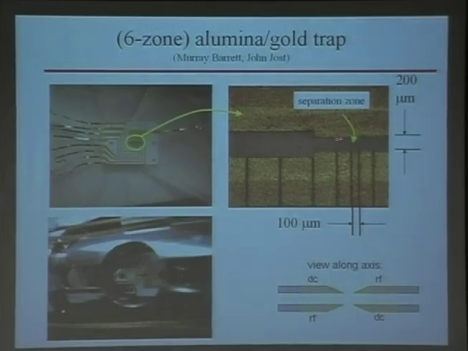This shows again a linear trap. It's very similar to the one I showed before, except you can see there are multiple cuts in these electrodes. So above each one of these segments, we're able to confine ions to these separate locations. And with this linear geometry, we've been able to carry out some basic elements of the idea of moving